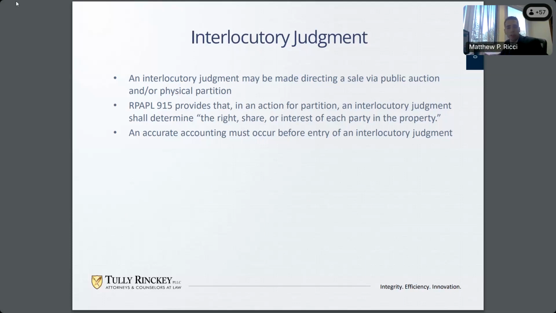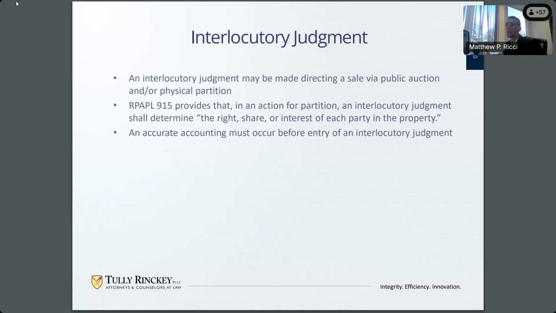A little bit confusing, but essentially, after a partition action is filed, an interlocutory judgment may be made, which would direct that the subject property be sold at public auction and/or physically partitioned according to the parties' respective shares through some sort of disinterested referee. Pursuant to section 915,